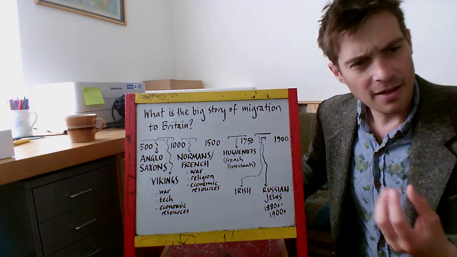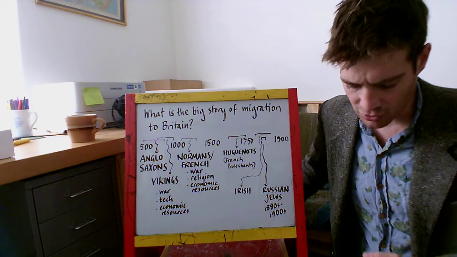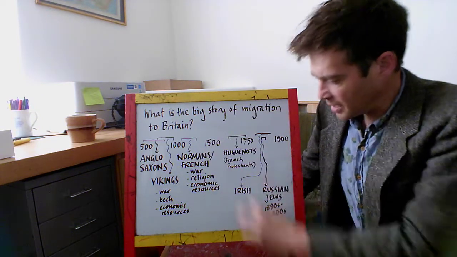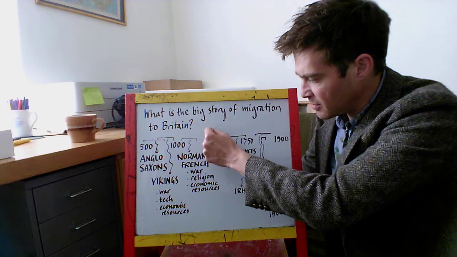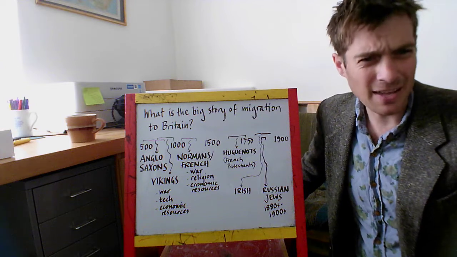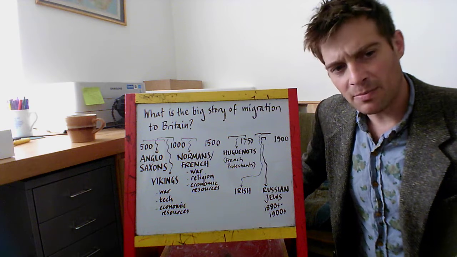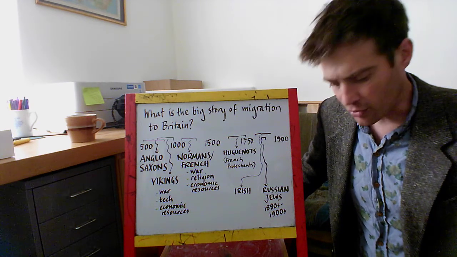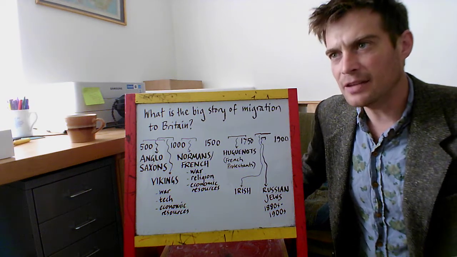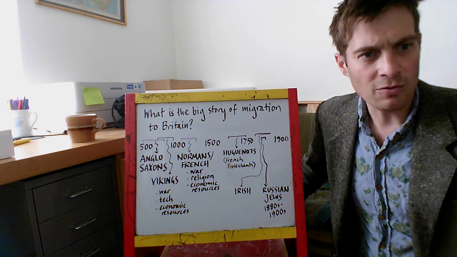Then your next task, there's a video I've put a link to on Show My Homework by David Olusoga, the historian. Before we look at these main groups here who we're studying, we're going to look at Britain in the 1500s and the 1600s, because as I've said, the story is more complex than this suggests. The video talks about people of African and Asian origin. Actually, the video is just about people of African origin living in England during the Tudor period. And there's a couple of questions I want you to answer when you watch that video.